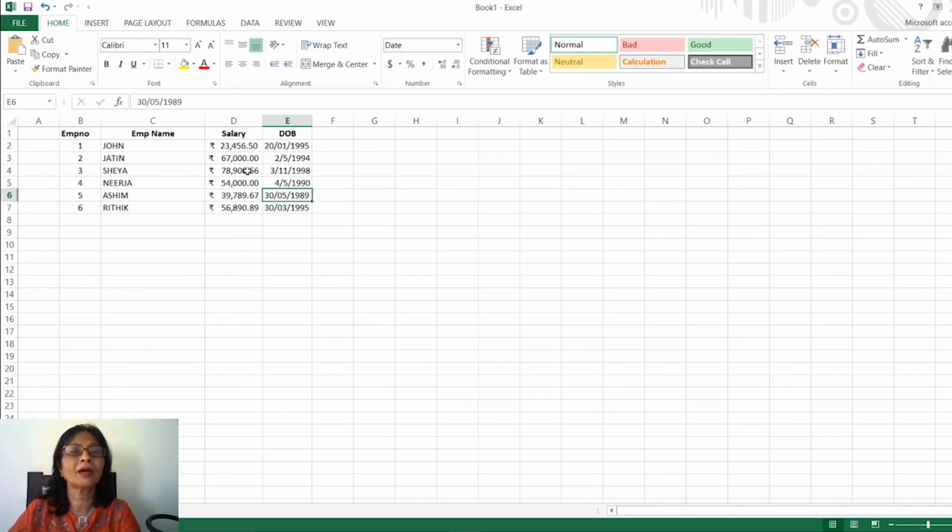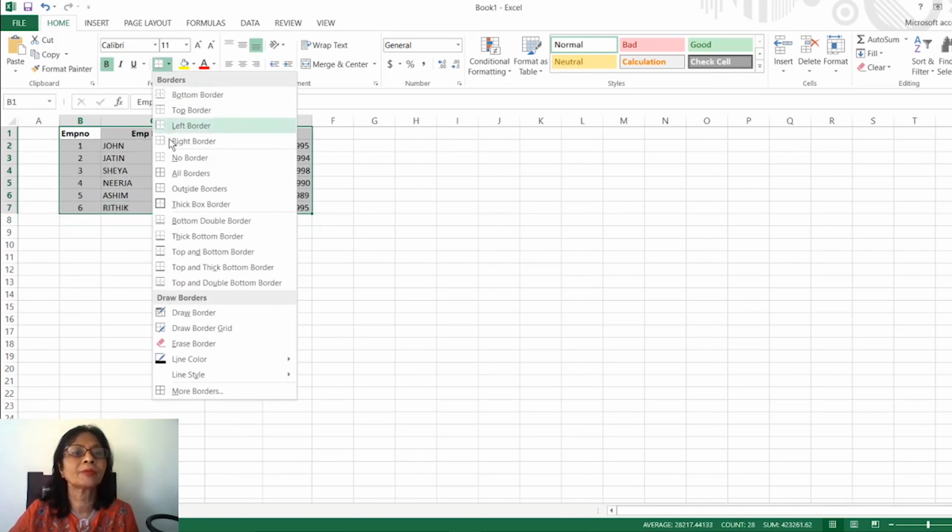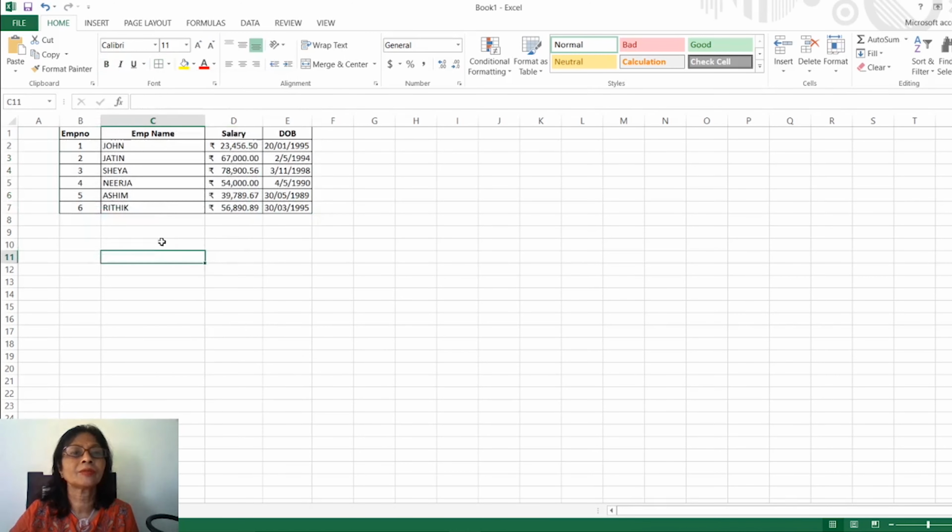Now you will learn how to copy and paste. Paste is simple, but some options are there, that means Paste Special. For this I am going to highlight this portion. You know how to highlight this. From the border you make it all borders, so it will look more clear.